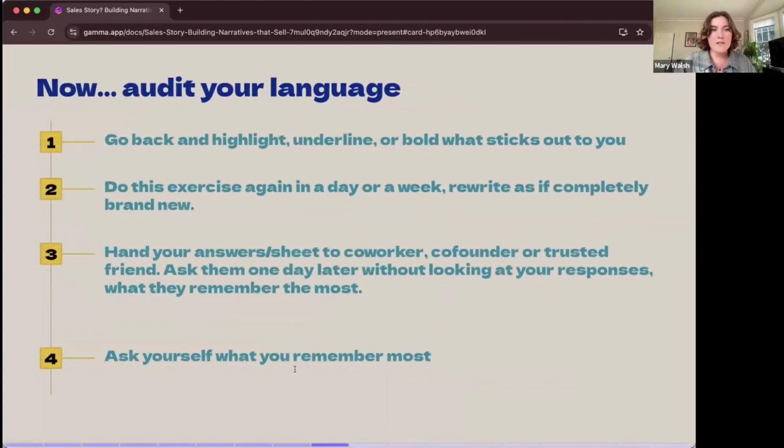So this is a take-home exercise. I encourage you to do this on your own time. For just 1 minute though, based on what you've written down, I'd like you to spend a minute highlighting, underlining, or bolding any particular words that stick out to you as you have to repeat your story and tell your story in different ways. Ideally, you're going to start to find what words and what parts are the things that resonate and that you should come back to.